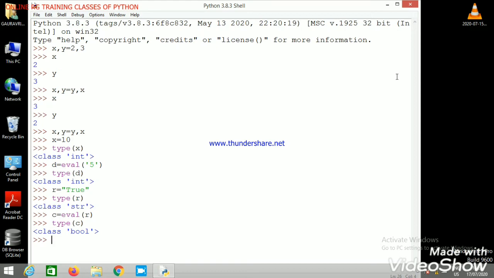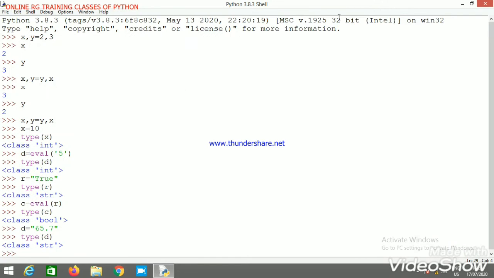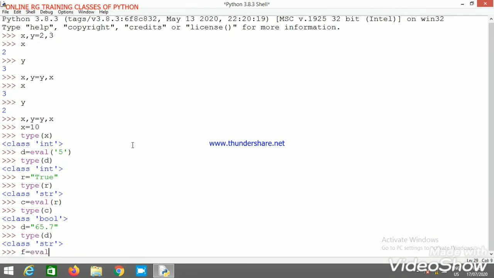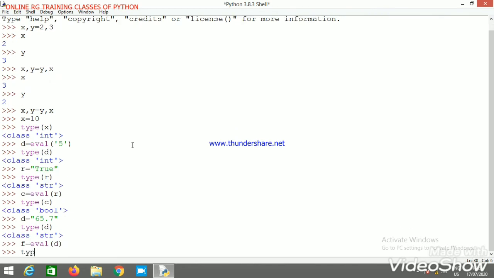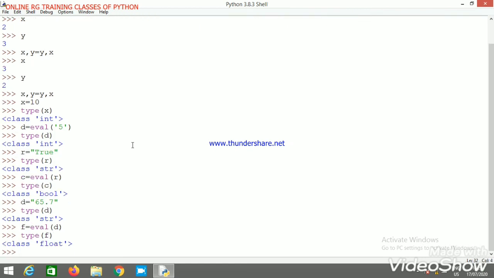Like if we say d equal to 65.7, the type of d is string, but if we use f equal to eval d and check the type of f, it is float.